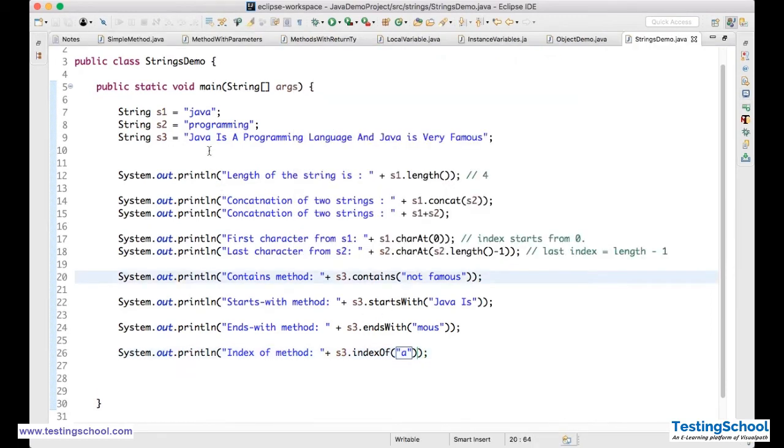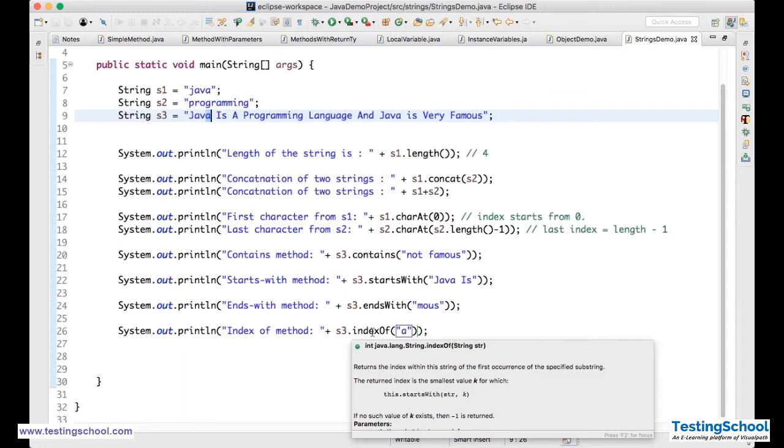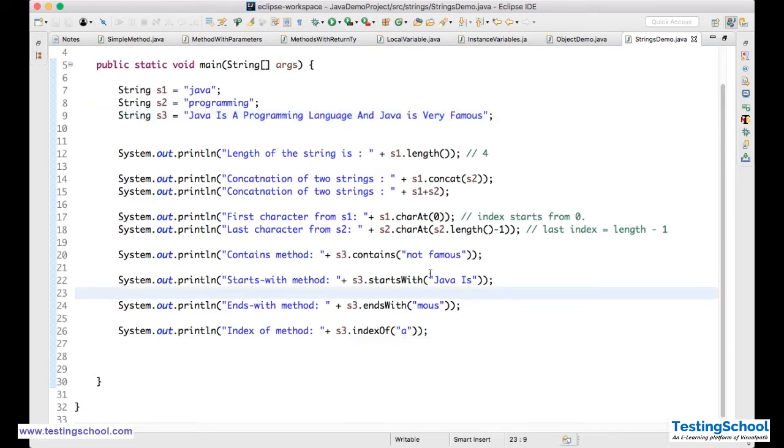That's fine. But I have A in the third index somewhere, so many places. Right, but why am I getting only that one? When I hover on this, you see that it returns the index within the string of the first occurrence of the specified substring. First occurrence only it will give. Whenever it finds A, that will give the index of that.